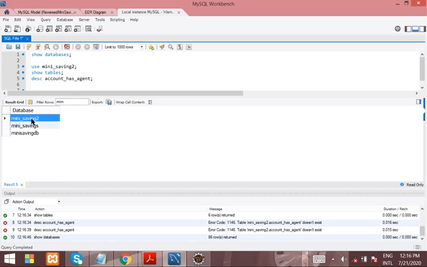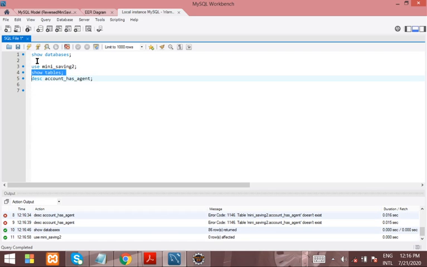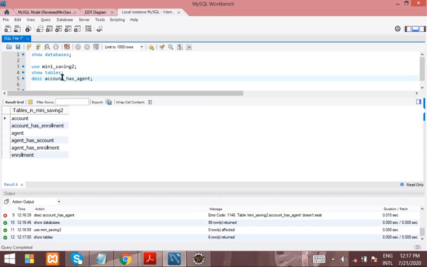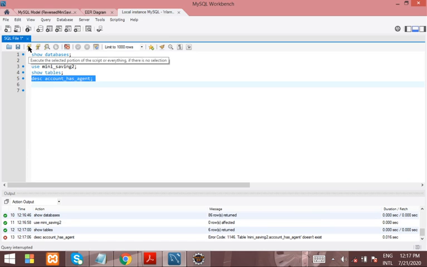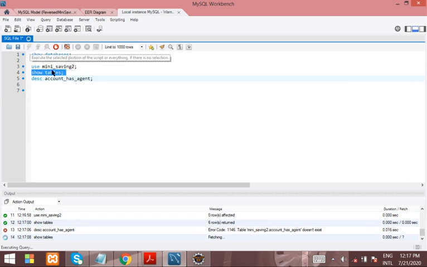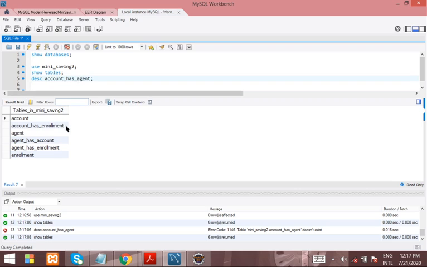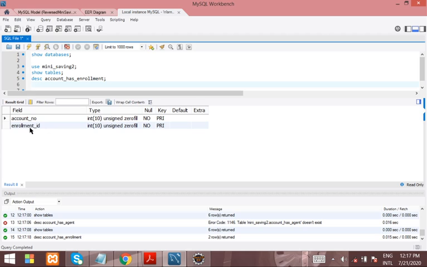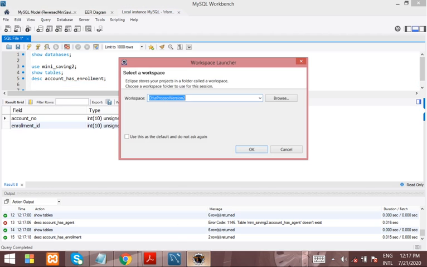Okay, it is there. Show tables. Okay, there's no such table, right? Let me pick this one. Okay, account number, it has done it.